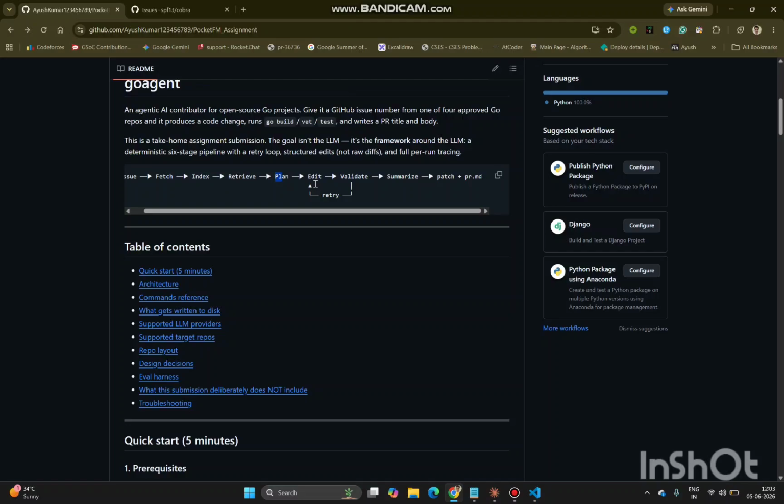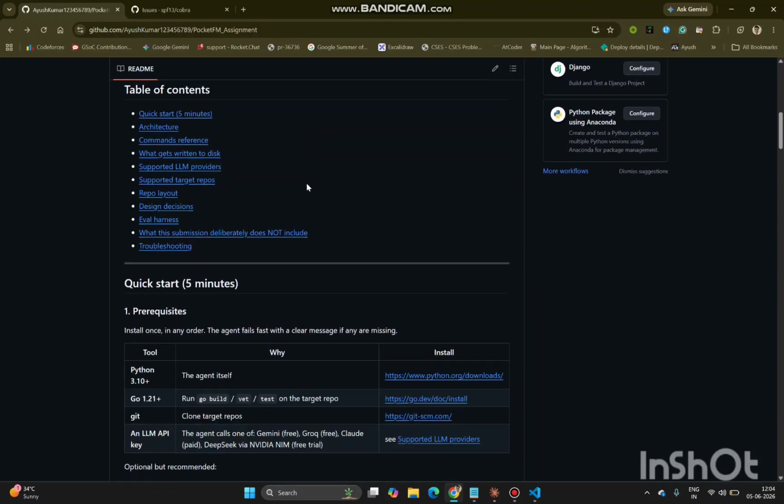And there is a retry loop between edit and validate. Whenever a standard error occurs during the validation, it will run the edit service again, making the API or LLM call again, with a max retries of 3, which is dynamic and can be changed. So let's just follow the